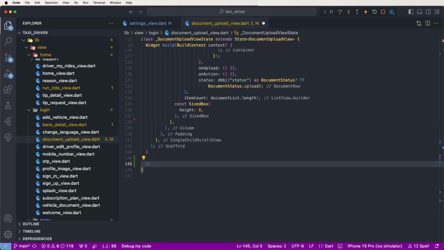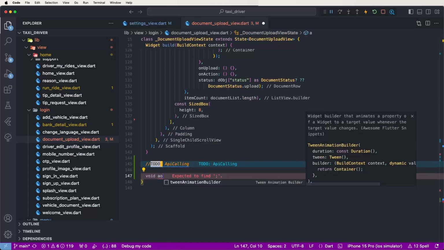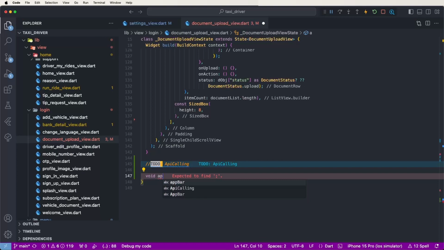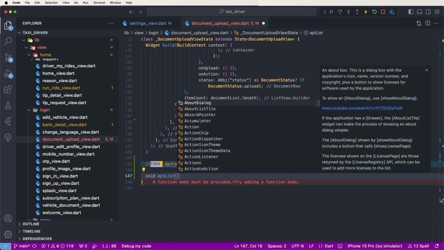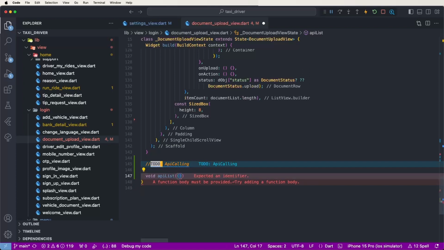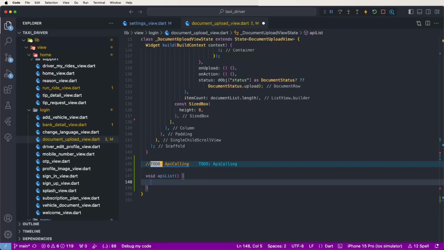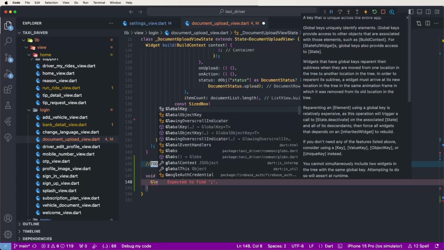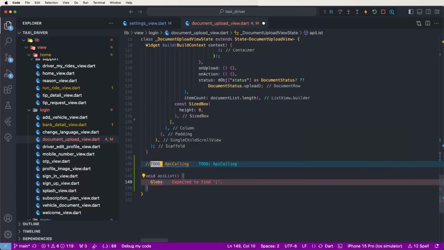Write down here to do and give this here the titles as API calling like here. Now void and give this here the API list, API list like here, and create here the brackets. Now first of all need to write down here the globes dot show HUD